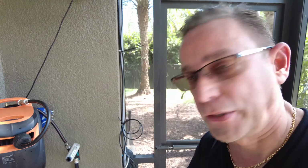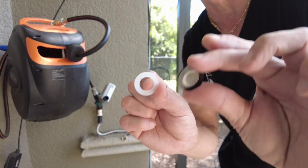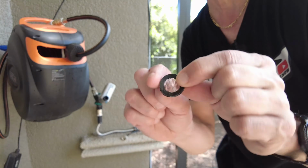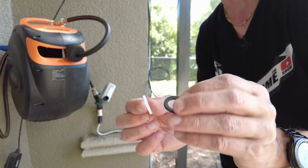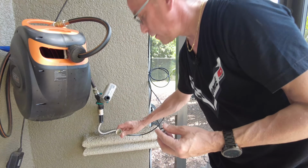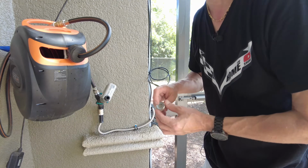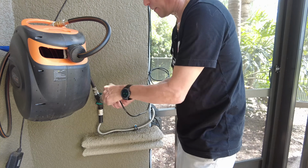But I'm going to show you how we're going to connect our end here with our filter and washer adapter, and then turn it on just to see what we got so far. All right, here's my filter, and my washer comes included with the AIMEGO Mister kit. So the filter actually has a rubber ring around it, so you might not need this washer, or the washer might not fit in your case. But we're going to try it with both here and see how it works. Install it into the end connector of your Mister line, filter and then washer, and I'm going to connect it to my hose bib, which is my Beehive automatic switch,